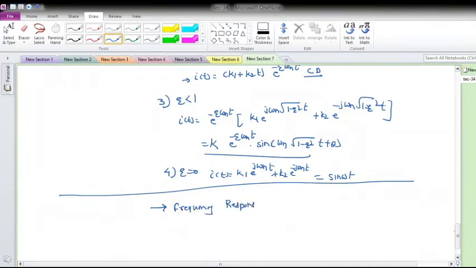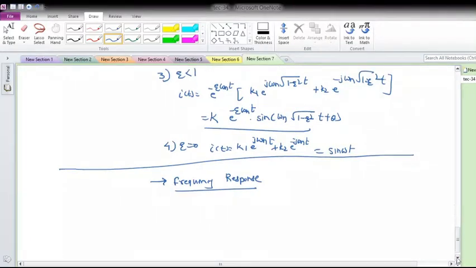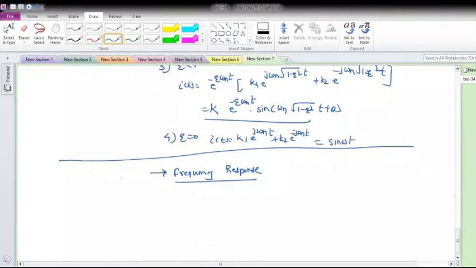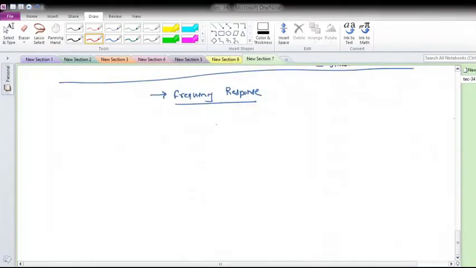Now we are very much familiar with poles and zeros, network functions, driving point impedance, transfer function impedance, transfer function current ratio, voltage ratio, and how to analyze the behavior of a second order system based on zeta and omega n. We also know the two terms now: the undamped natural frequency and the damping factor ratio. And again we say the restriction is that poles must lie on the closed left half of the S plane.